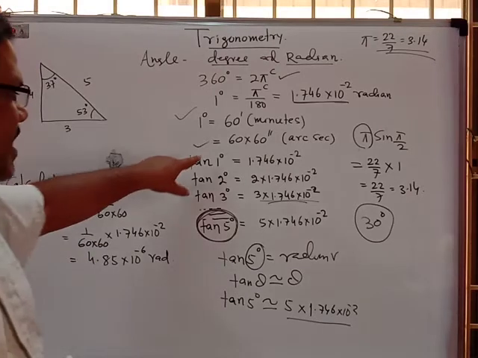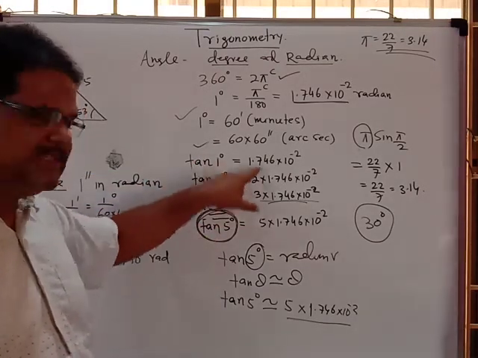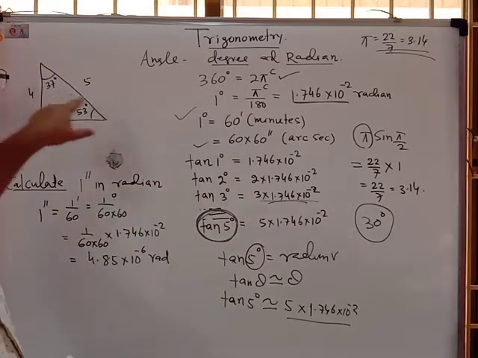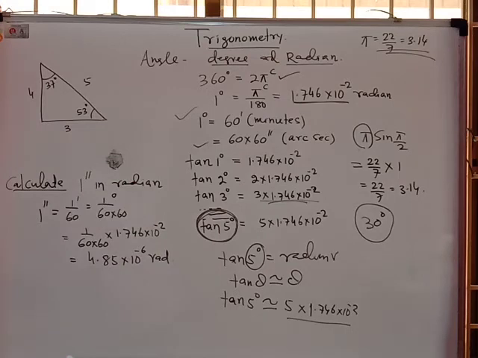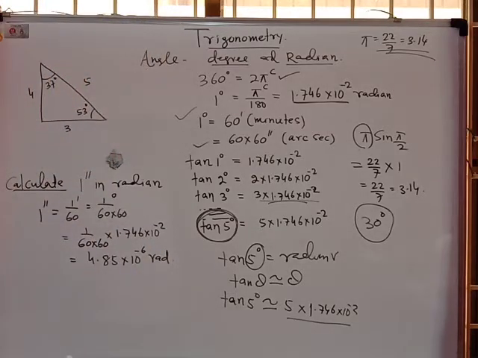I told you about 1 degree, 2 degree, 3 degree, up to 15 degree, which you can calculate by this method. And again we will be finding some questions on 37 degree and 53 degree. What is the value of 37 degree and 53 degree? Because you don't know it, what will be its value? Sin, tan, cos, whatever it may be, you can calculate tan 37 degree, tan 53 degree, sin 53 degree, sin 37 degree, like that.